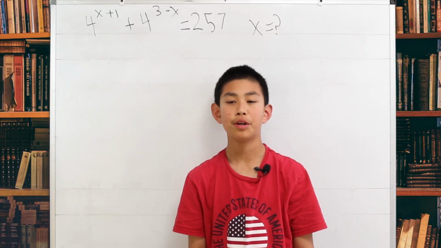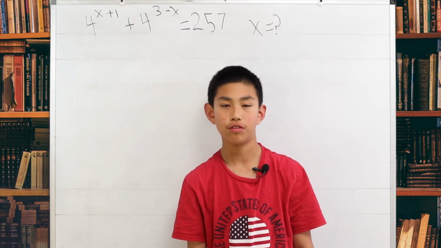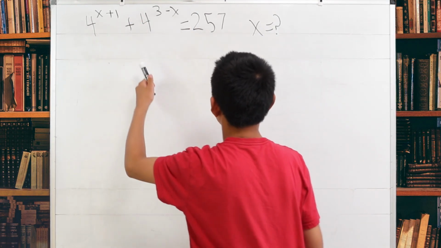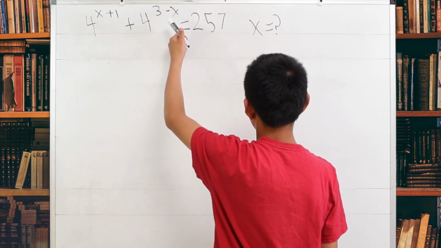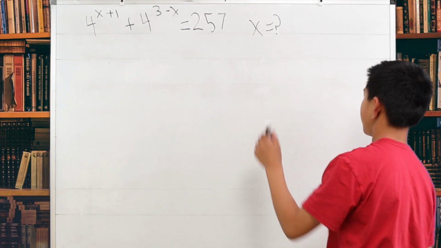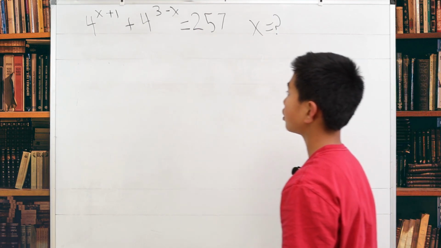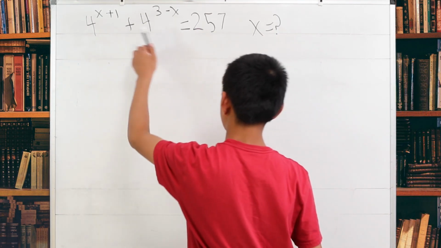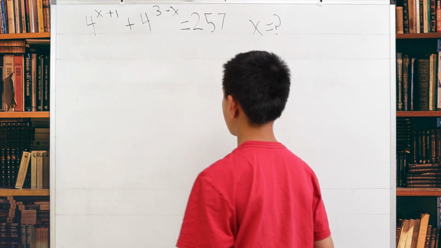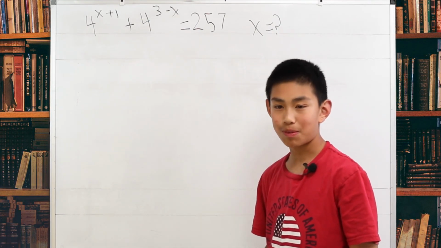Today we have a rather peculiar problem we have to solve. We are given that 4 to the power of x plus 1 plus 4 to the power of 3 minus x is 257. And what we need to find is what x is. The first thing we need to do is break these two 4s into different parts using simple algebraic exponential